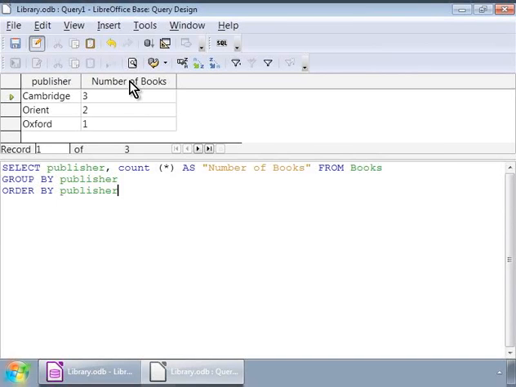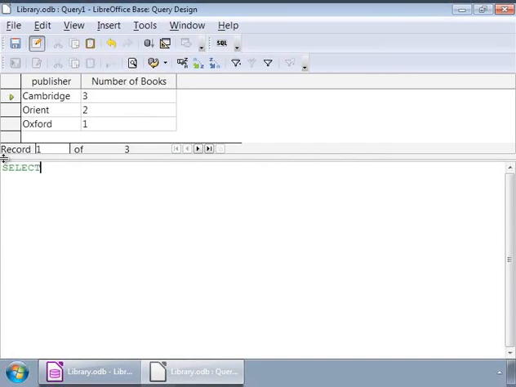Next, let us learn about using functions in SQL. Functions are statements that return a single value. For example, current date returns today's date. So, let us list all the book titles that are due to be returned by the members. And the query is select b.title, i.issuedate,